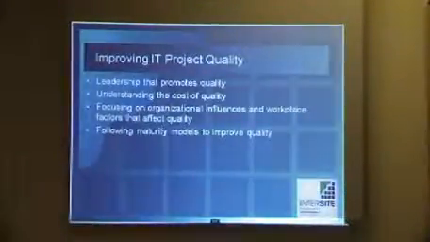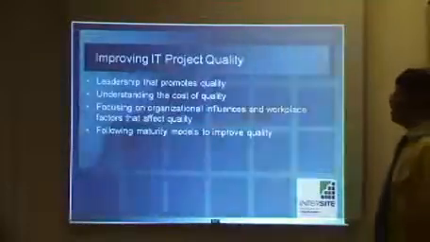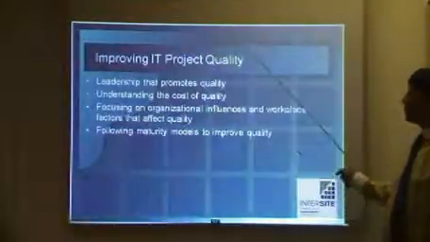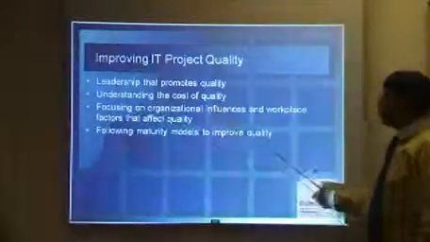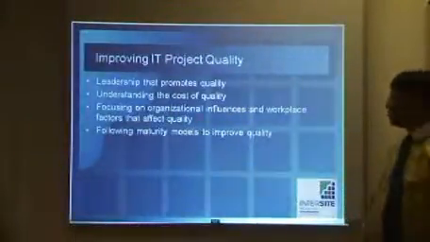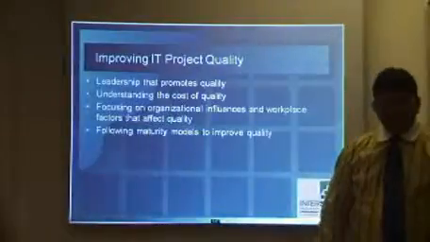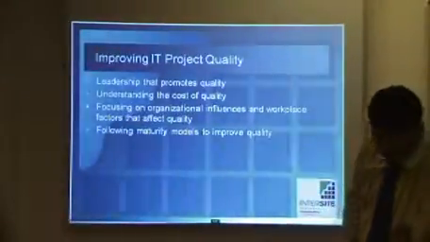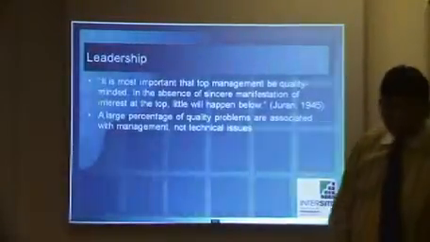Improving quality management, especially on IT projects: leadership that promotes quality, understanding the cost of quality, focusing on organizational influence and workplace factors that affect quality, and following maturity models to improve quality. Leadership